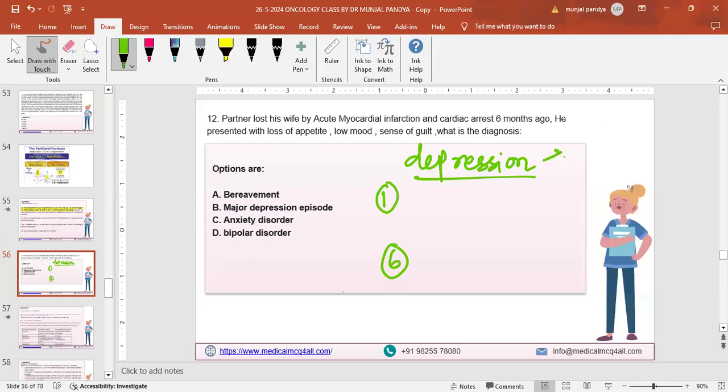So your homework today is to open up the book, psychiatry chapter, and read depression. 3 things you read: depression, obsessive compulsive disorder, and bipolar disorder. 1 or 2 questions will come from these 3. So you need to know. Okay, doctor? Is that okay with the homework, or not comfortable? Yes, sir, I will do it. Wonderful. 3 topics, and tell me once you're done. I will again discuss with you 1 to 1. I don't want anyone to lose any single marks.